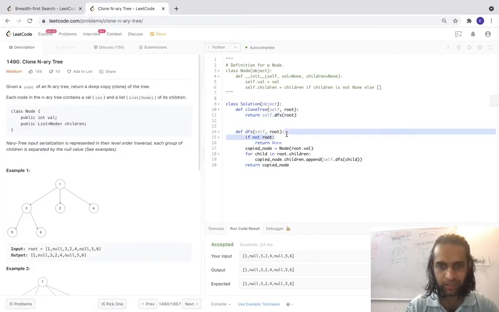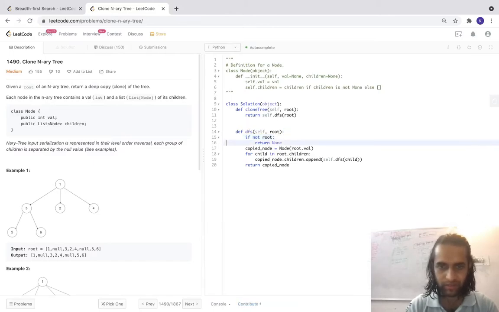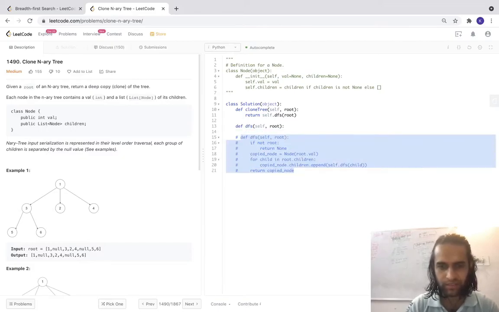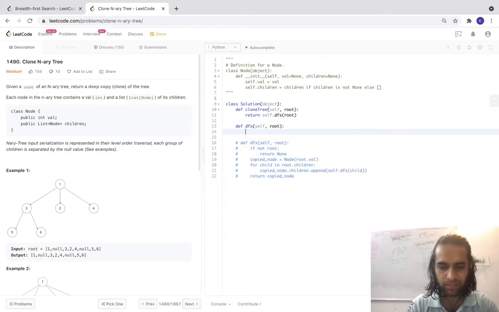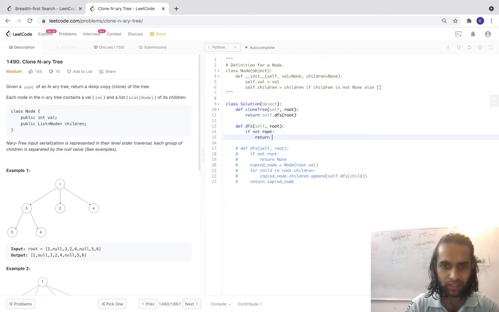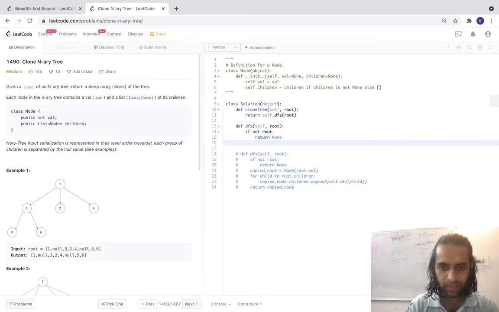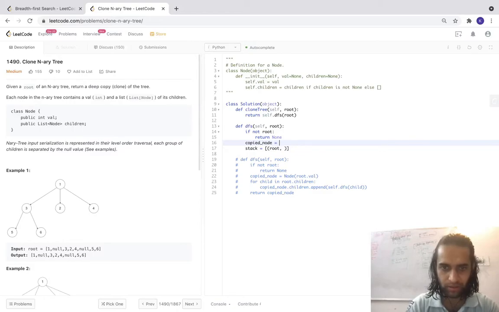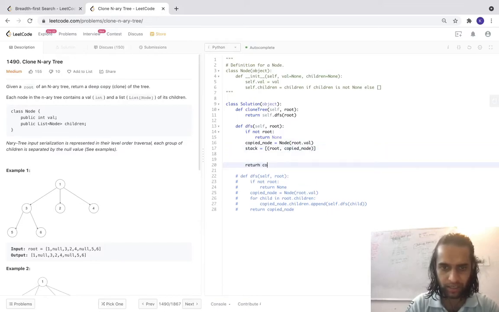So let's solve it with a non-recursive DFS. Let's copy this. Basically, the non-recursive DFS gives us more intuition on how the problem was being solved. Okay, if there is no root, I return None. Otherwise, I create my stack with the root and a copied node, which is Node(root.val). This is my copied node, and once I'm done, I'll return the copied node. So what I did is I copied this guy and I will return this guy, because now I just need to fill the entire remaining components.